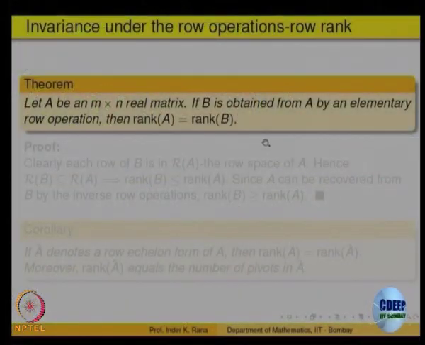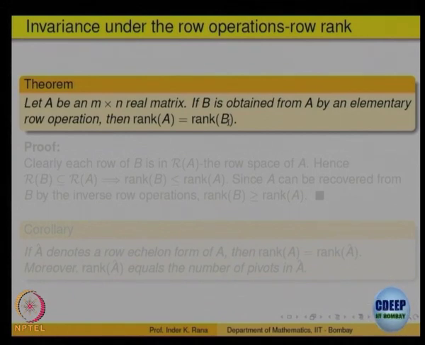So, it is not going to change in the vector space property, right. In a vector space, if you take two elements and take a linear combination, that stays again in the vector space. So, the basic fact is the row operations transform the rows, but they do not change the row space of the matrix. So, once the row space does not change, the dimension will not change.